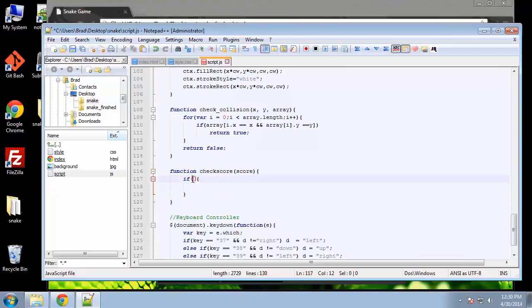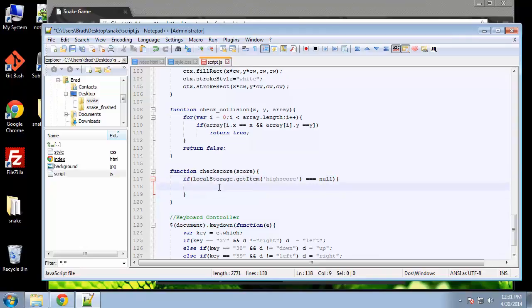The way you can call a local storage variable is pretty simple. We're just going to say if localStorage.getItem, and we're just going to call it high score. Alright, so if that is equal to null,